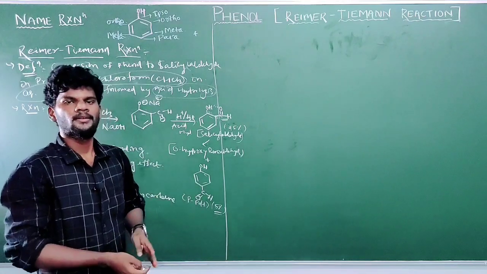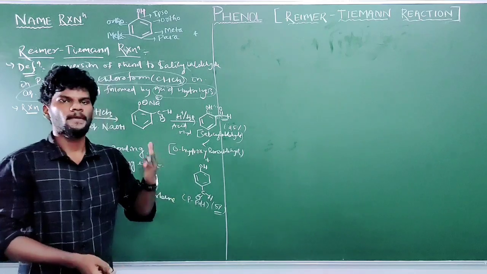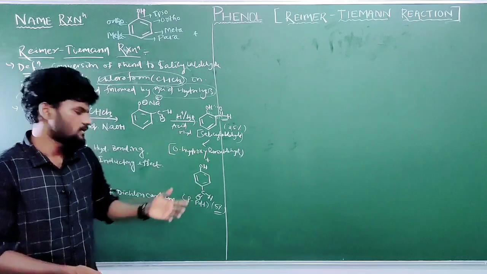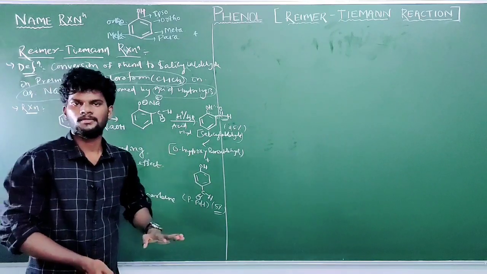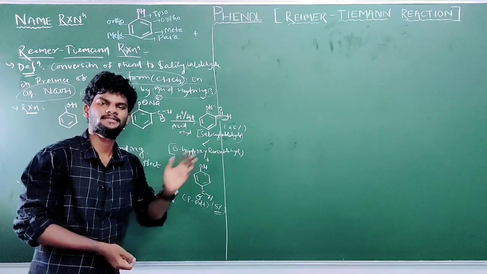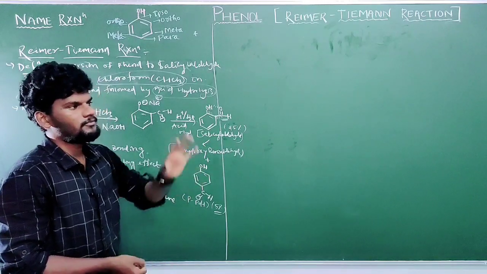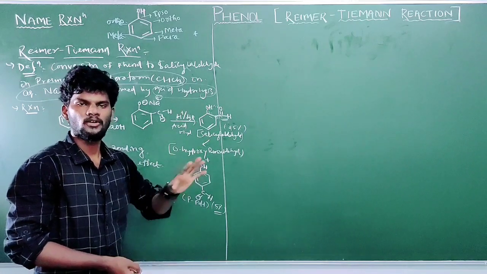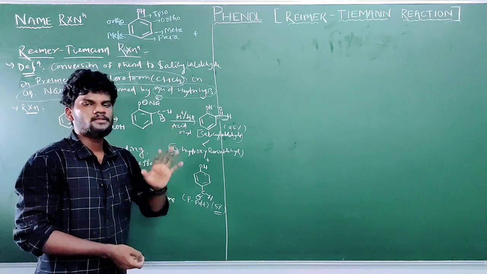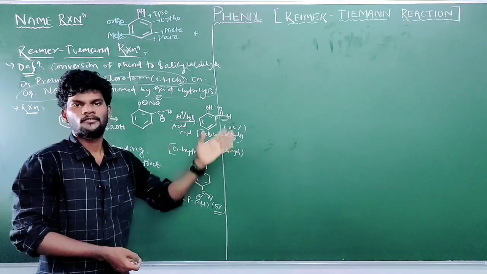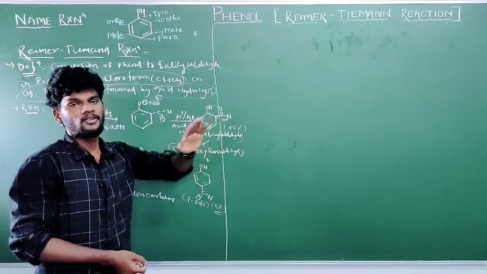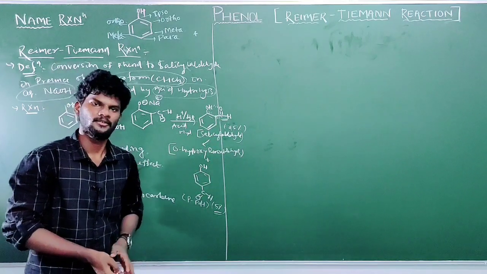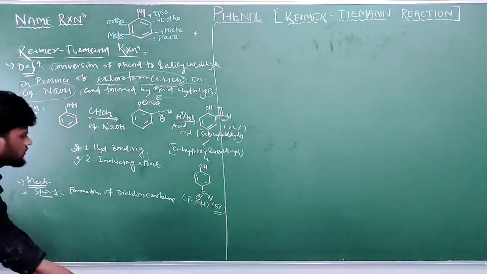All of you know about carbene. What is a carbene? Carbene is an intermediate species like carbocation, carbanion, nitrene, benzyne. Similarly, carbene is an intermediate species and it is very reactive. Why is it reactive? If you see the structure of carbene, it has a vacant p orbital over the carbon atom. This vacant p orbital can accept electrons from different electron sources like a nucleophile. So here carbene will behave as an electrophile.